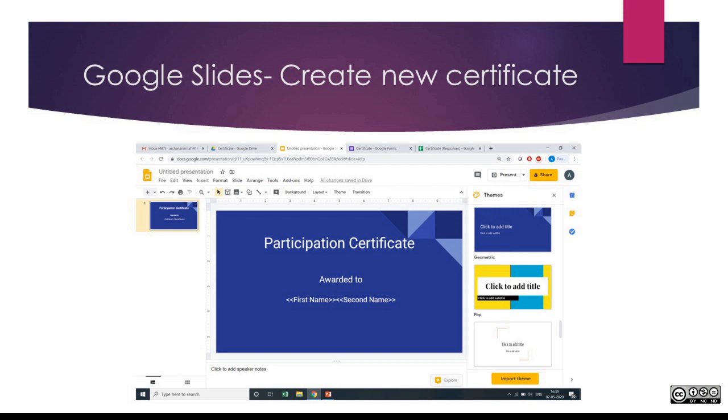I have just created a very simple certificate, a participation certificate, awarded to. See, awarded to. After that, I have given first name and second name inside tags. So we call this left shift and right shift operators. These two keys we call as tags. So whatever input you take, whatever name you want to be displayed in the certificate, you have to keep it